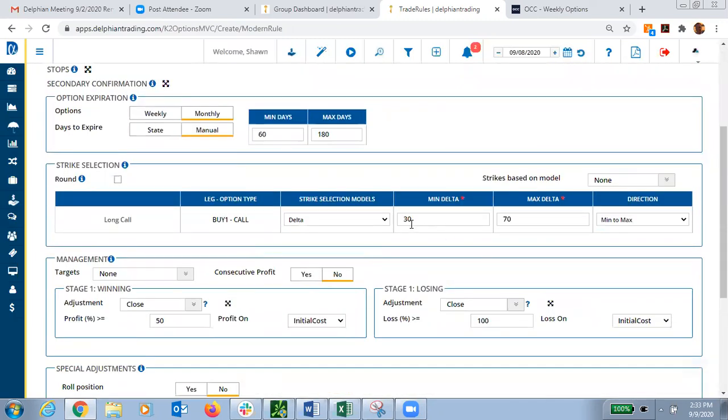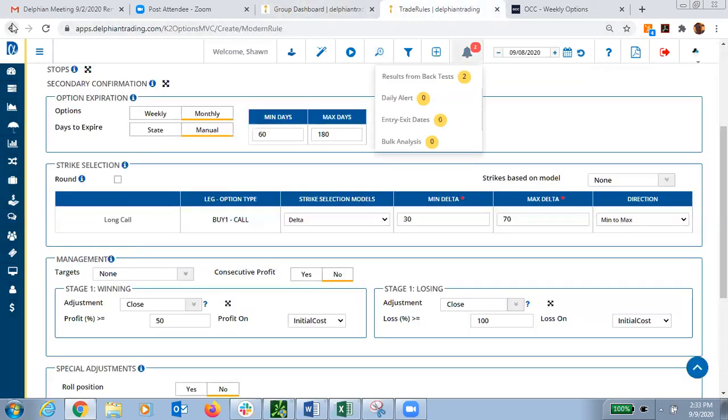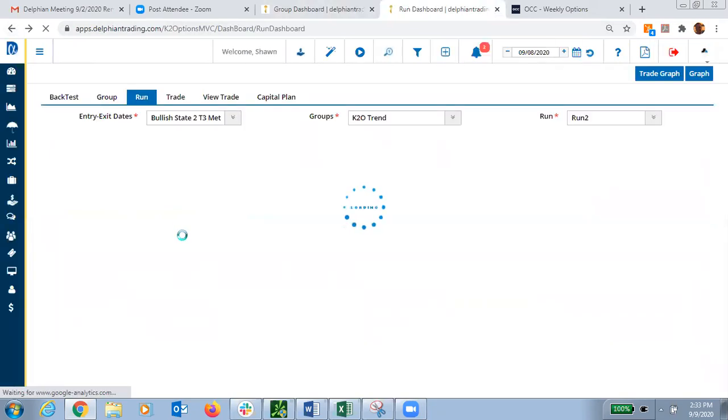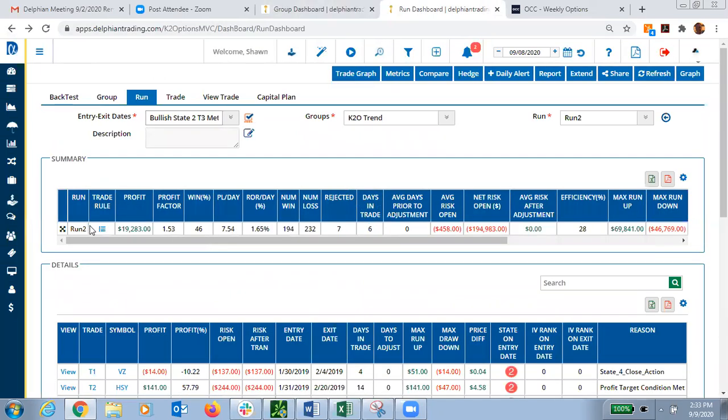So I did 30 to 70, which is a pretty wide delta range. Most stocks, if they're trading options, should have a delta within that range. But what this is showing me is that those particular stocks didn't have a delta within that range. So if something looks really askew and I can't figure out the reason behind it,